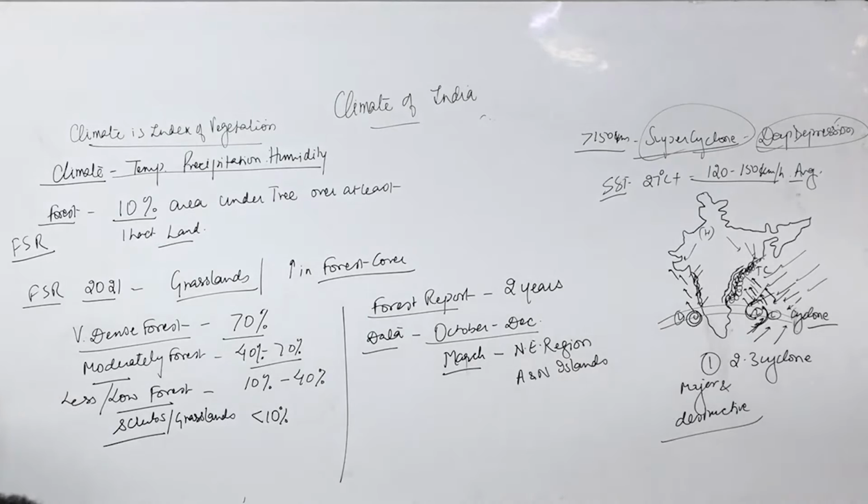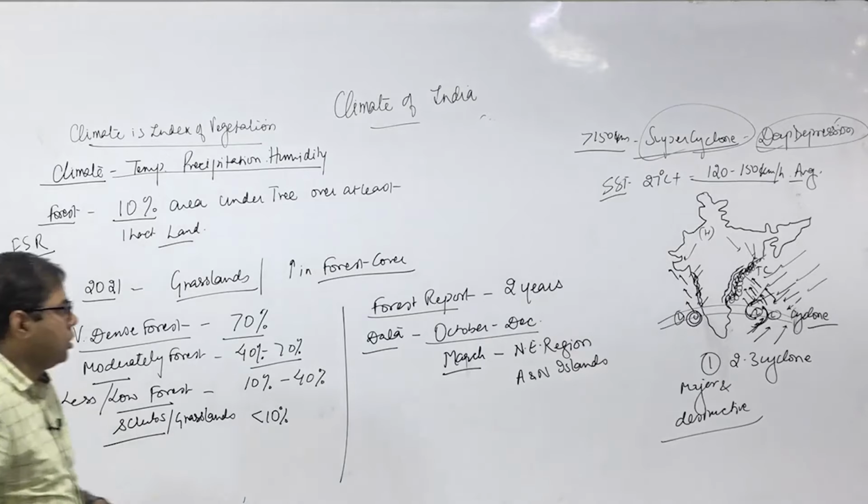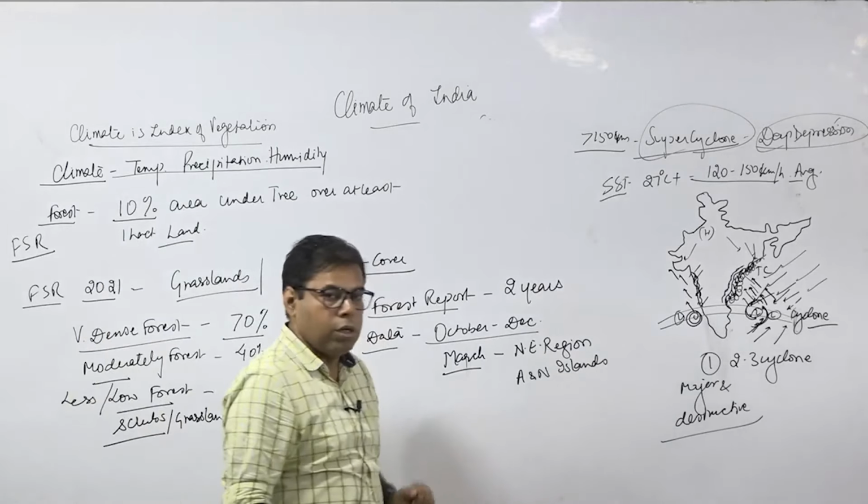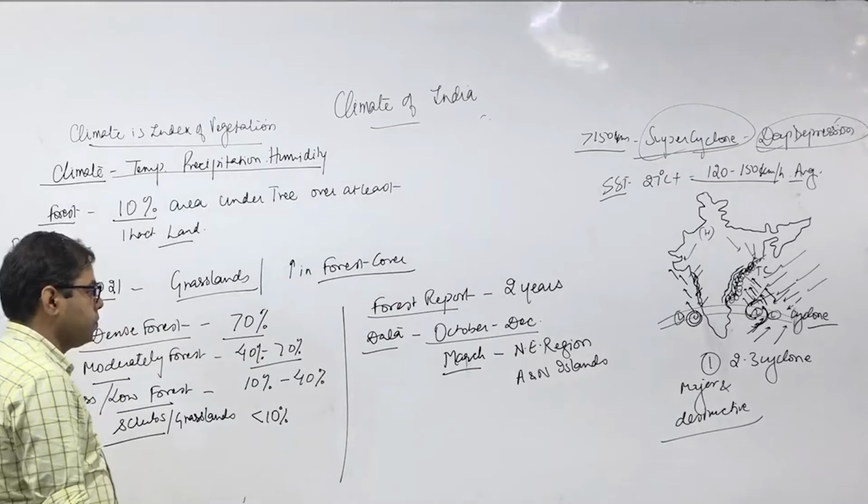The amount of rainfall also decreases from east to west, right. So in the Andaman and Nicobar region, the data collection of the forest cover shifts to the month of March. The reason for that is the cloud cover for a long period of time under the effect of monsoon flow. Is that clear?